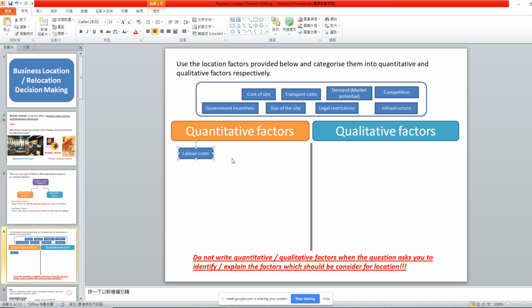Because there, the labor costs are lower. I'm not going to say the people there are cheaper, but because of the skills and everything. And that's why every time we are trying to consider where we should set up our business, we have to consider this. That is also one of the factors.